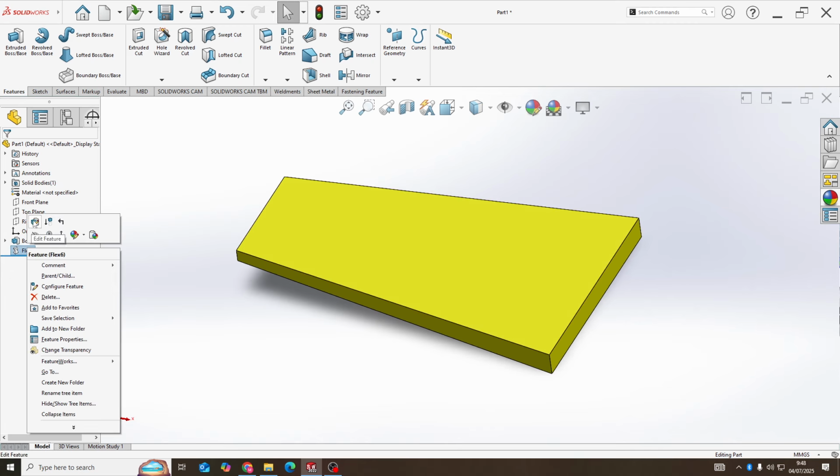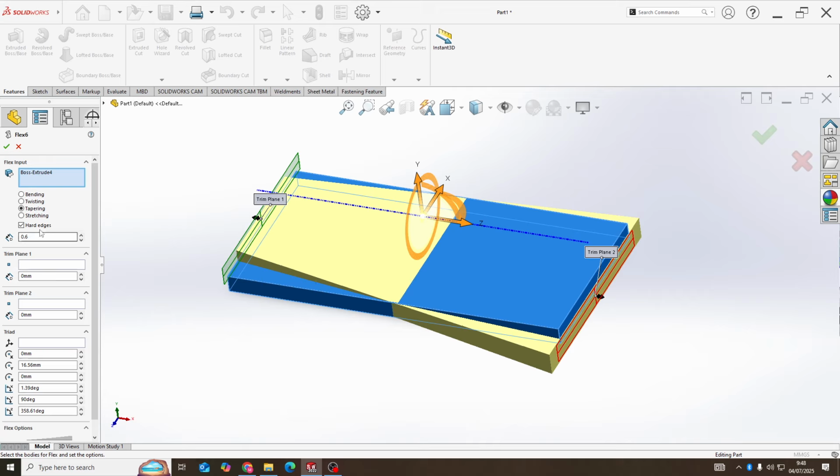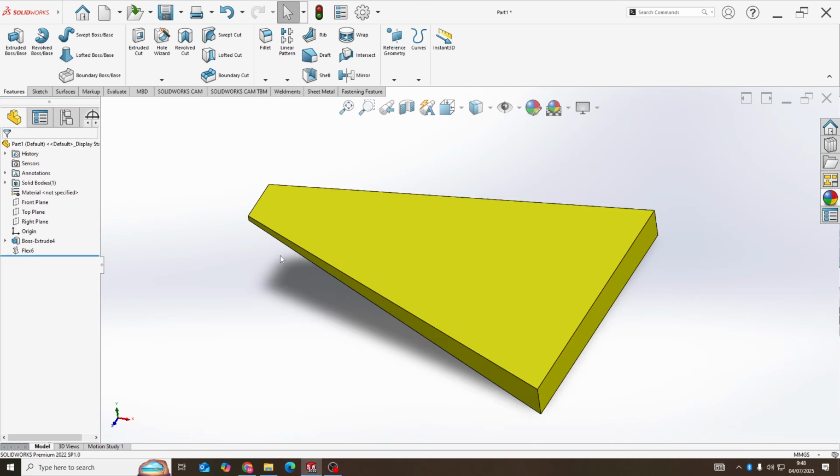Click again, right click and edit feature. If we set more than 1, for example 1.4, the end widens to 140% of the starting width, like this.